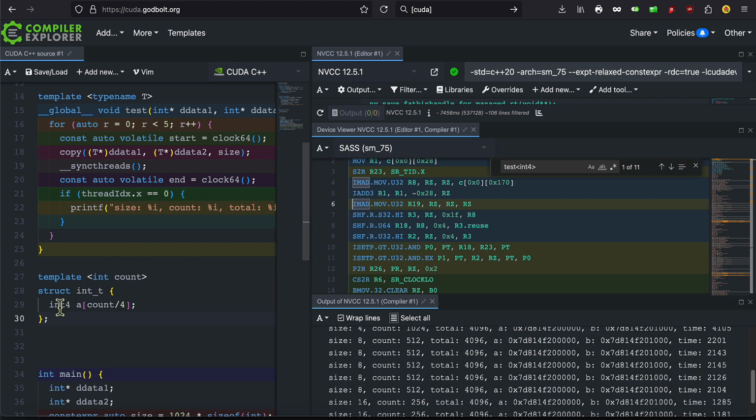This means that when you move int4s around, and an int4 is 16 bytes, and we have 16 threads working at any one time, we move 256 bytes in one go, and it happens to be exactly the size of one cache line. Because the other 16 threads that we need to make up the 32 in a warp execute the very next cycle, we move one cache line each cycle. This way you can get one cache line every single clock cycle, which is the maximum speed you can extract from this. The only thing that's messing up this perfect scheme is of course our loop overhead.